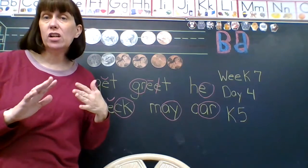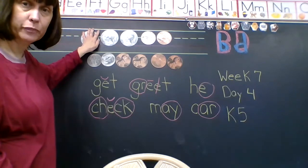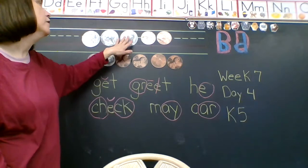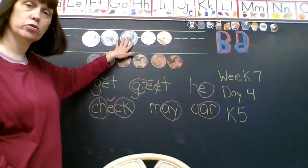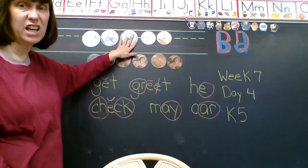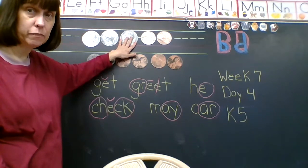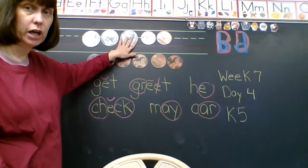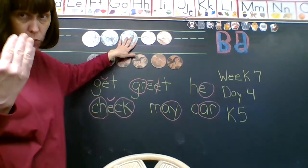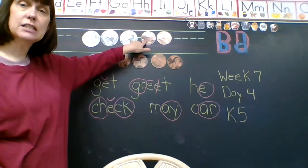Now we're going to do it together. We're going to count by 5s first. Are you ready to do it with me? 5, 10, 15. So the nickels are 15. Then we're going to switch to counting by ones. Going by ones, what's the next number after 15? 16. If you count by ones, it's 15, 16, 17, 18, 19, 20. So this is 5, 10, 15, and then it's 16,